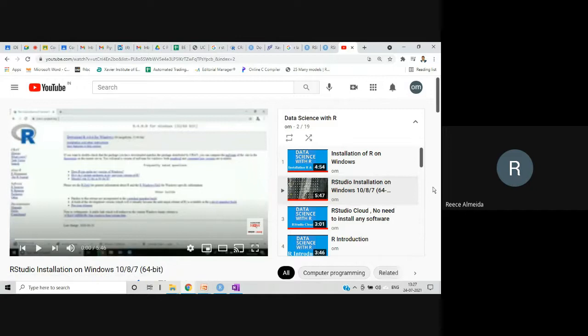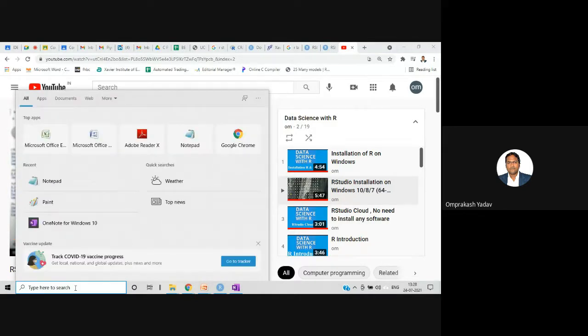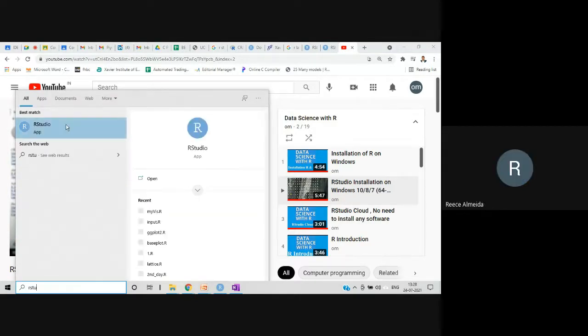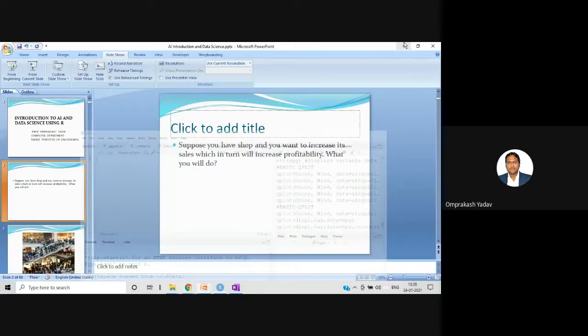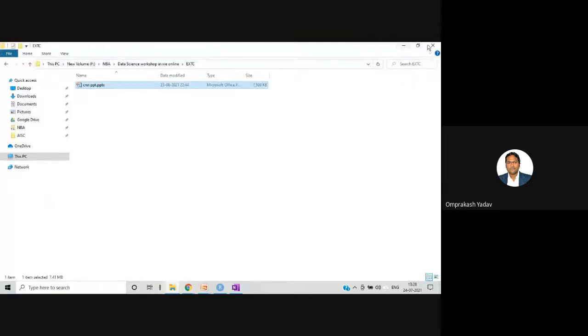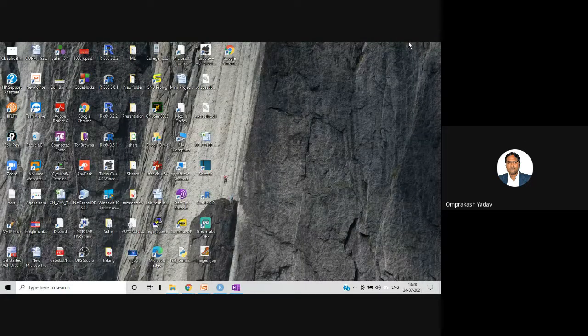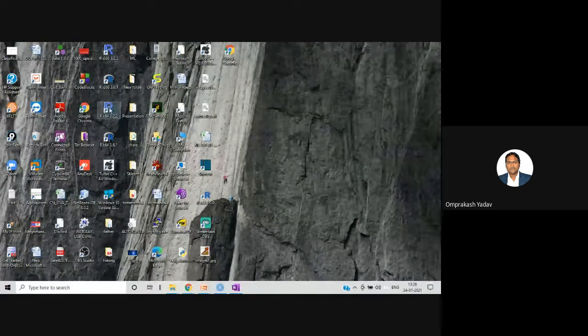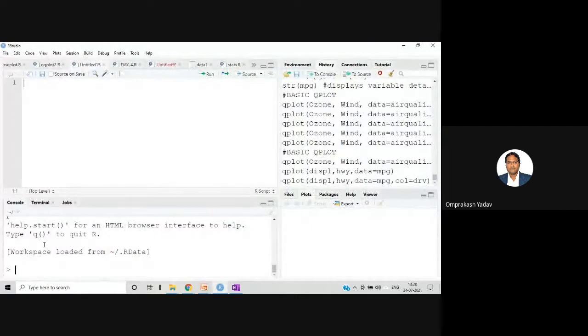So I've installed the R language. Where does that show up? I've installed R Studio as well. So you can search over here, or the icon will look like this, R Studio. This I've got. What about the R language? The R language icon is like this. This kind of icon you will get for R language on the desktop. If you start that one, you will get this kind of command window only.